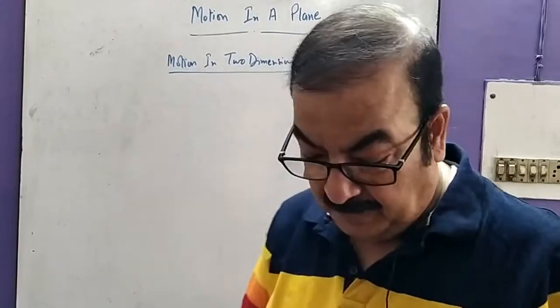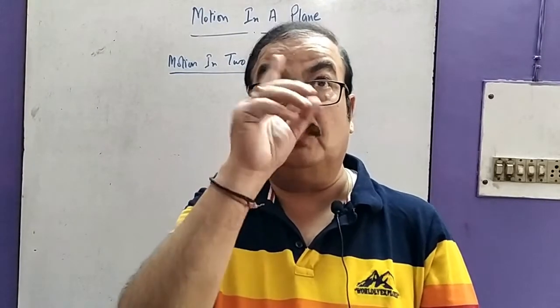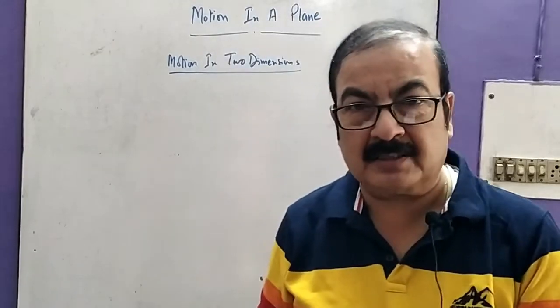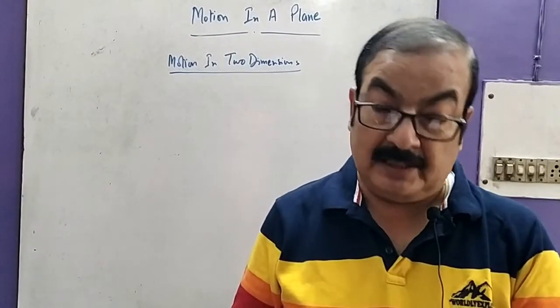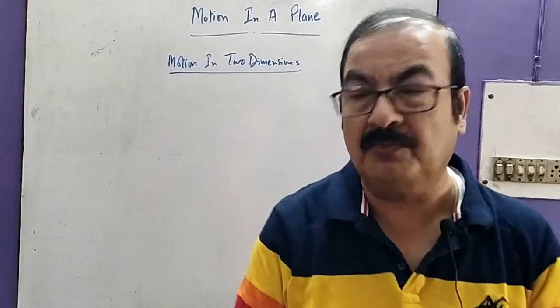Two dimensions means x and y together, y and z together, or z and x together. There are only two directions at a time that we are discussing. Now, in which cases do we discuss such a thing? Suppose we are observing the motion of a fan, the throwing of a ball, or the playing of a ball by a bat. Everywhere we can see one simple thing: there are two motions at a time, one along the horizontal and one along the vertical. If we consider horizontal as the x-axis and vertical as the y-axis, then at any particular time we can have displacement along the x-axis as well as the y-axis.